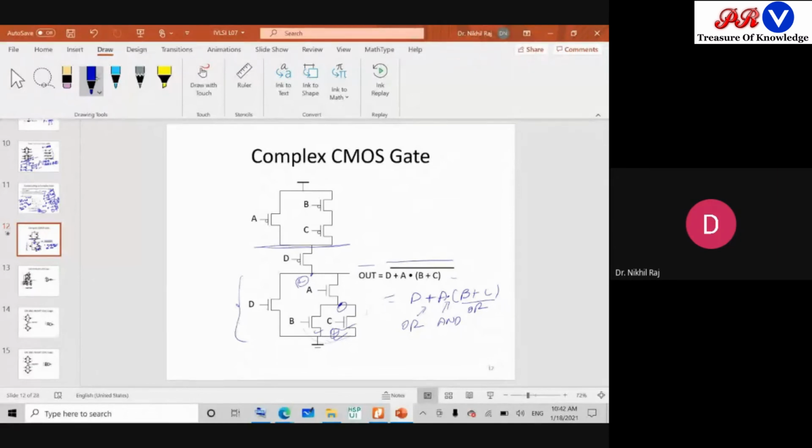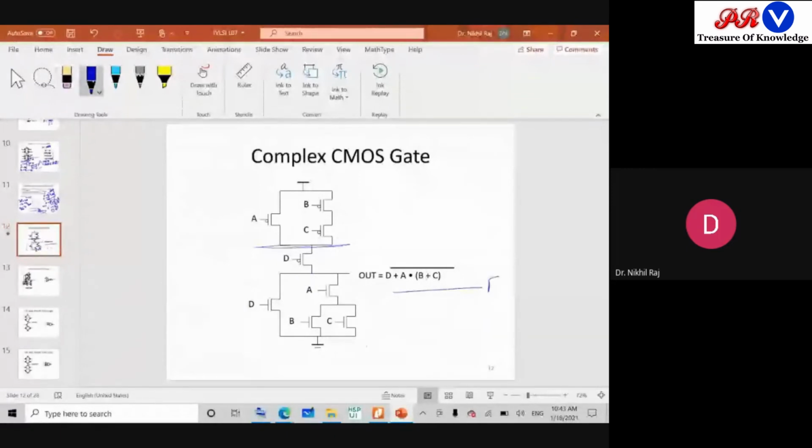Okay, and now coming to the efficient design part. As we see here, B and C and D, the maximum number of transistors, are connected to the ground compared to the upper part. Upper is only one. So again, this is an efficient design. However, the alternate form is also true if we talk about only simply the realization part. So if we talk about realization, then this is also correct.